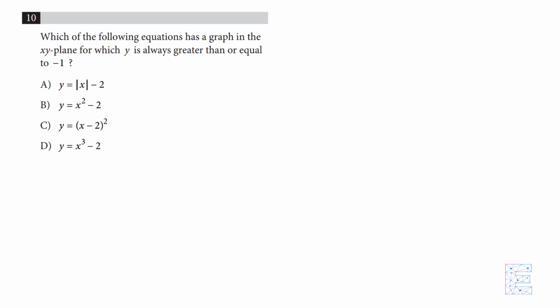Which of the following equations has a graph in the xy plane for which y is always greater than or equal to -1? So let's read that one more time. Which of the following equations has a graph in the xy plane for which y is always greater than or equal to -1? So choice A, hopefully you recall that this is an absolute value function, and the parent graph